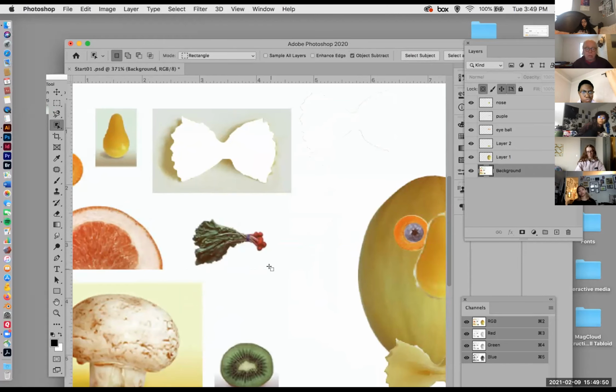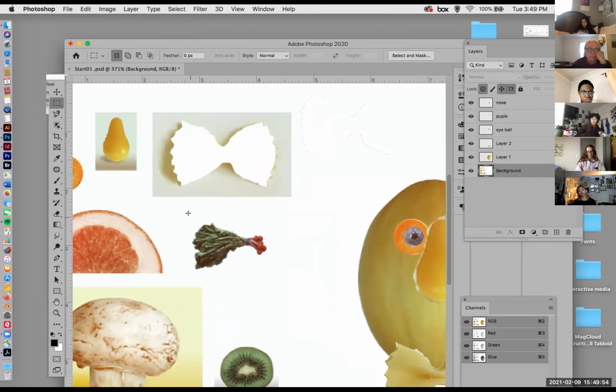Beautiful. The old way would be to do it this way: make a selection. Why am I telling you the old way? I don't know, because this is the way you had to do it. Make a selection. There's white, there's all kinds of color. So I can't really use this